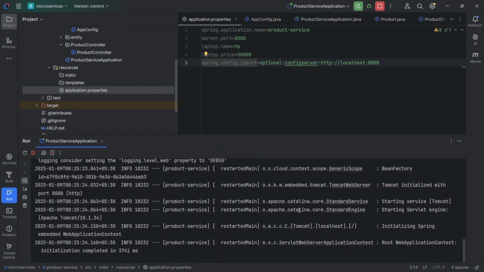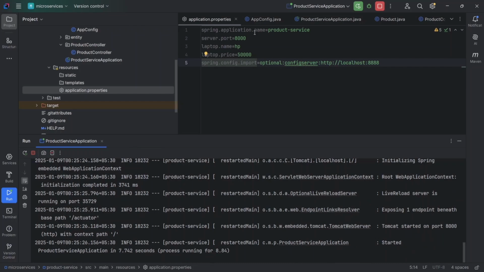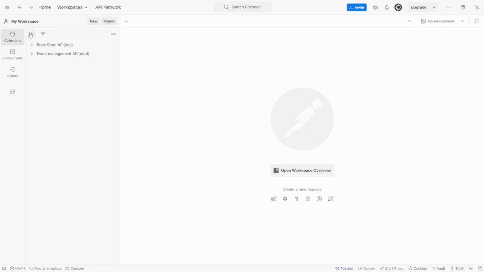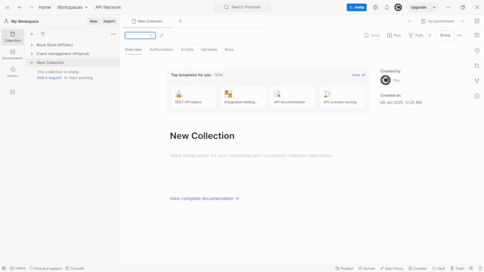Yes, our application is running on port 8000 here. So let's go to Postman and we'll check. I will create a new collection. Create a blank collection. Let's name it